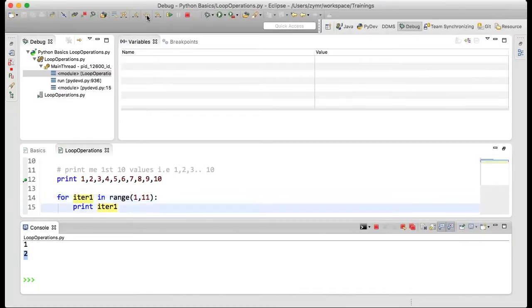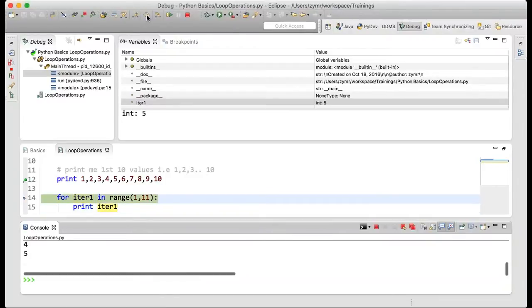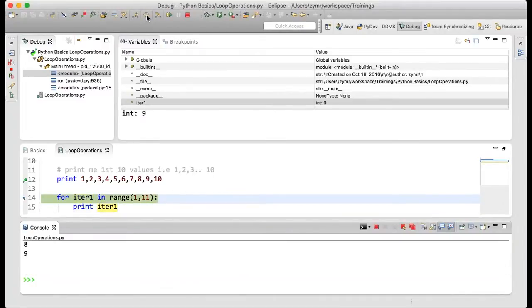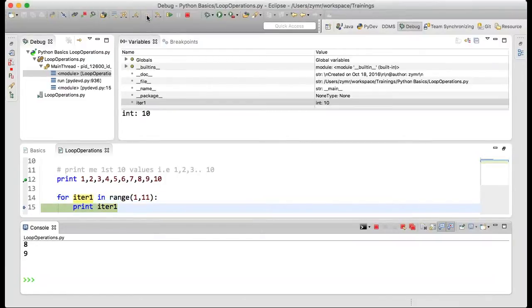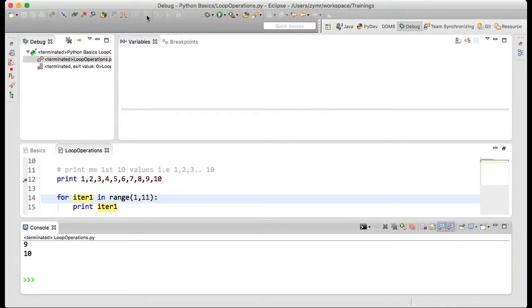So if I keep pressing F6, this for loop will keep executing till I reach the value 10. See the point where we are highlighting in the debug mode is the statement that will be executing at that moment. I'm pressing F6 for debugging this particular line of statement. Once the loop has executed, it comes out and exits the program. So this is how we do for loop programs.